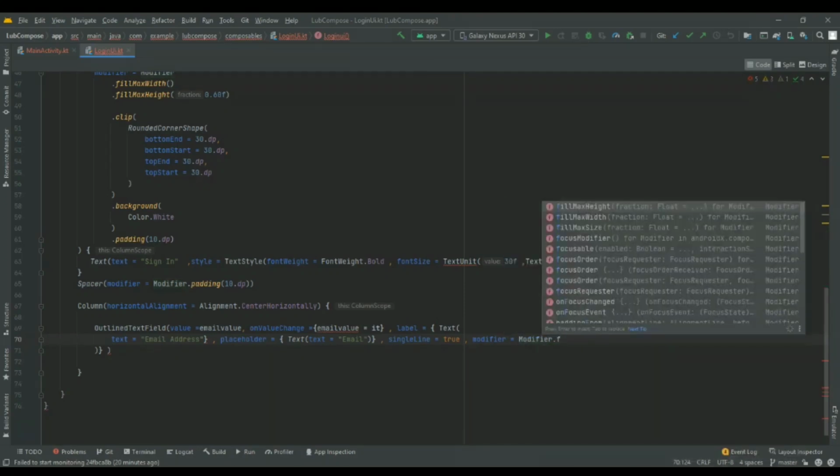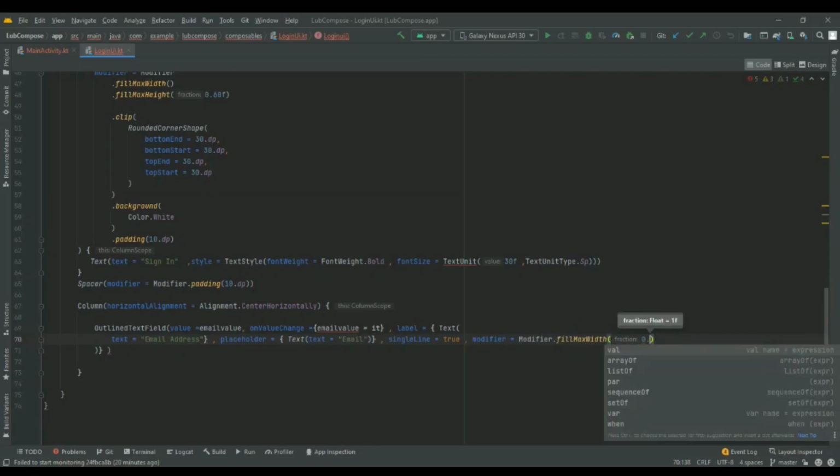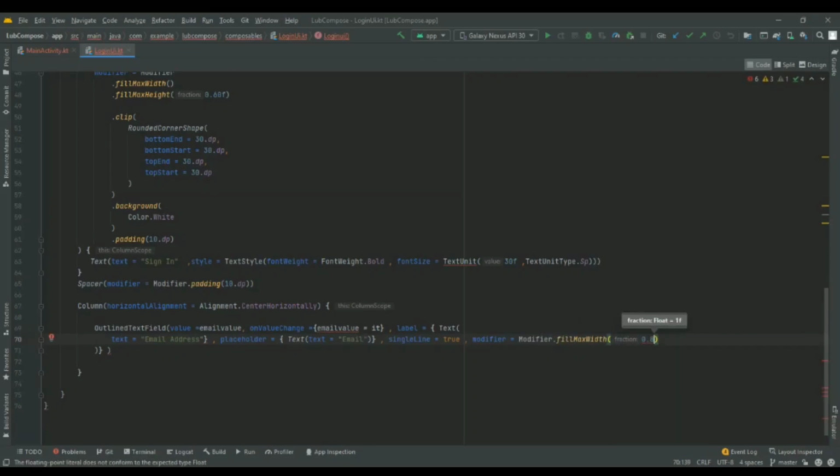Modifier dot fill maximum width to, we say, 0.8 floating point. Then done,